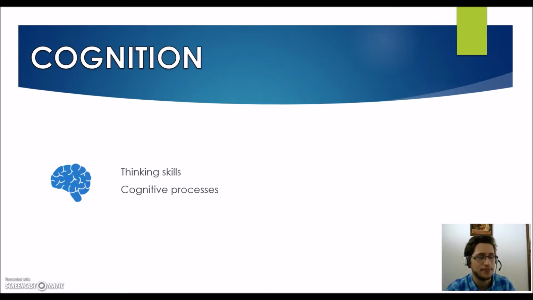Last but not least, cognition. Cognition is the C that is related to the thinking processes, the cognitive processes that students develop. The idea here is that we don't go simple all of the life. We mean that students can start with simple processes, simple thinking processes, but we need to challenge them. We need to see to what extent students can give more and more, to what extent students can be challenged.